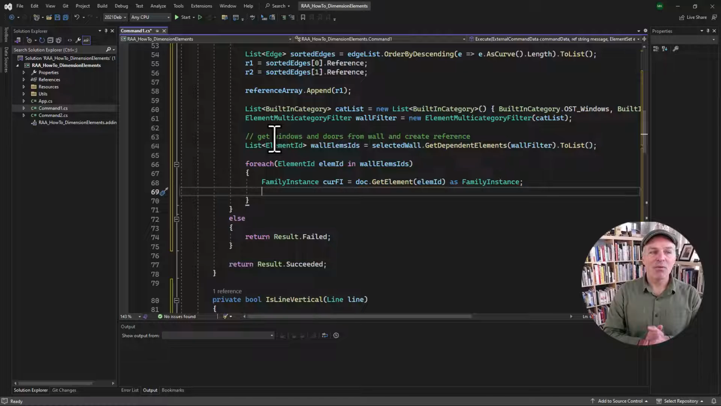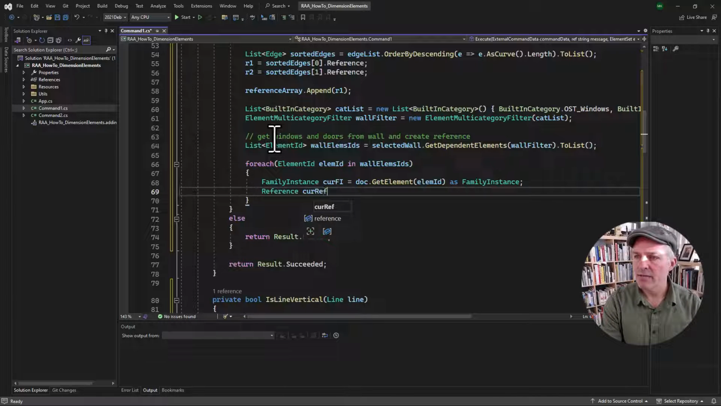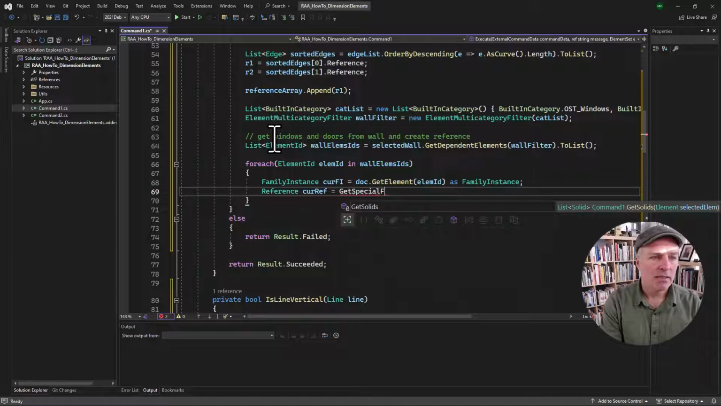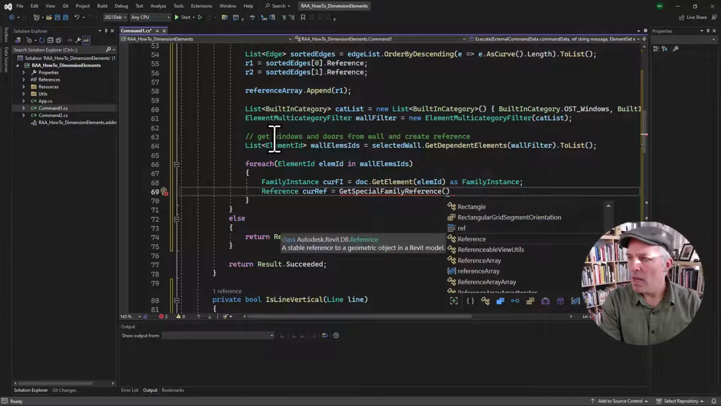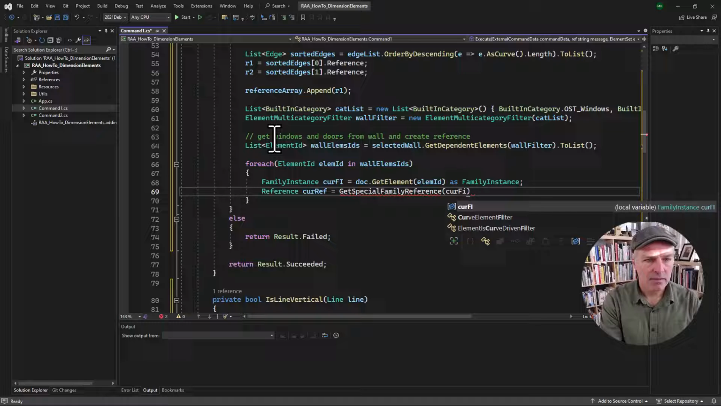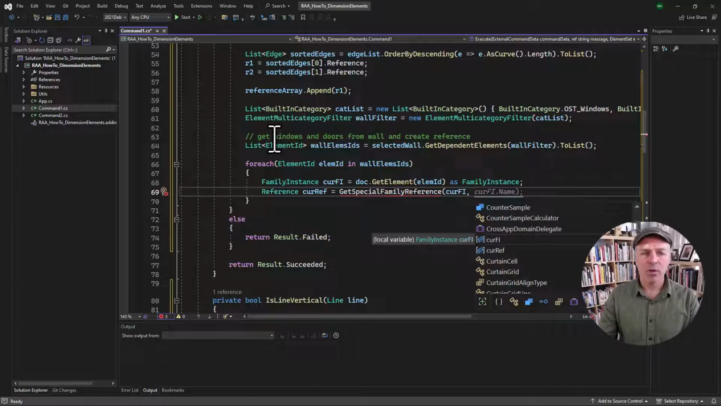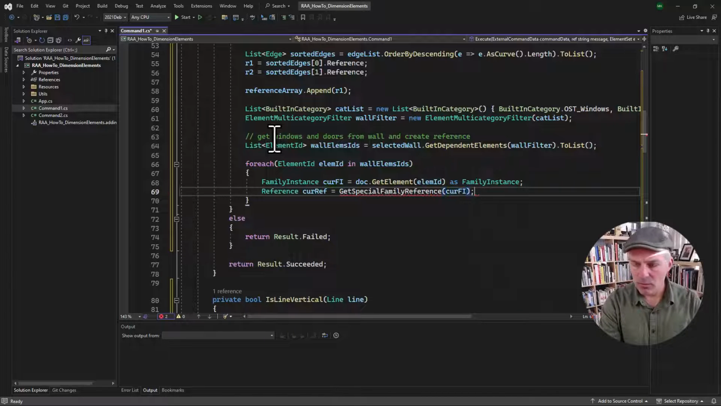All right. So now that we've got that, we have that actual family instance. And from here, we can get a reference to the element so we can actually dimension it. Now to get that reference, I'm going to create a reference variable, and we'll call it carref. And I'm going to set it equal to a method I'm going to create, which is called get special family reference. And we're going to pass in our current family instance, as well as something we're going to create in a second. So I'm going to leave that argument blank for right now,